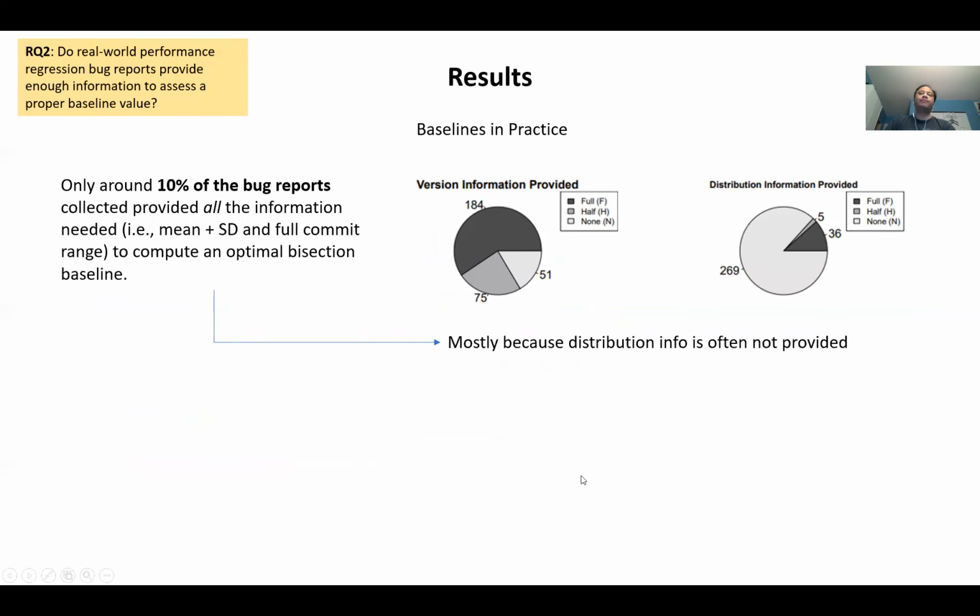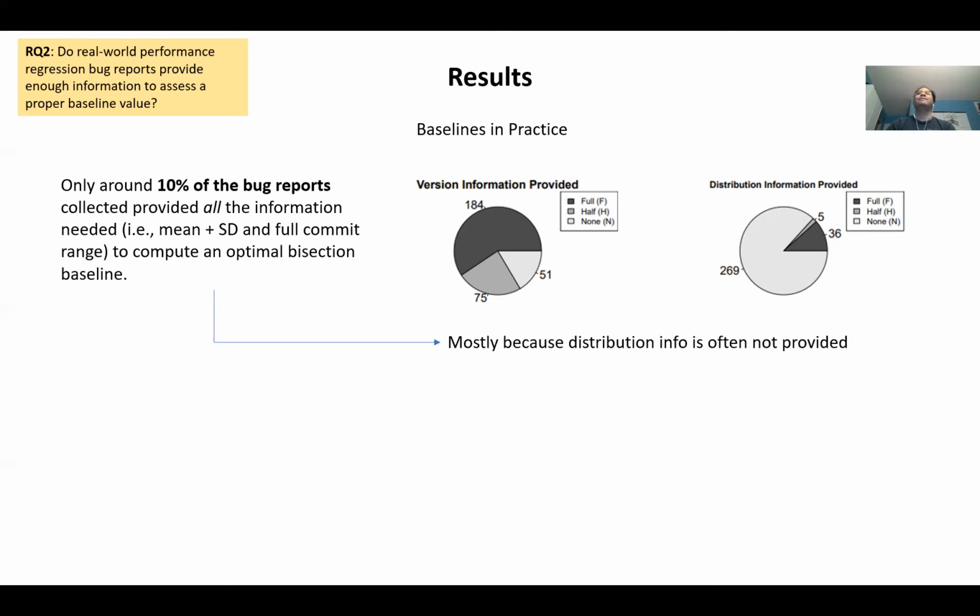So that's for RQ1. The next research question is RQ2. So do real-world performance regression bug reports provide enough information to assess a proper baseline value? Okay, so this is the baselines in practice research question. And in this case, what I found out is that only around 10% of the bug reports that I collected provided all of the information that's needed. So that means only 10% provided both the full distribution, that means the mean and the SD, and the full